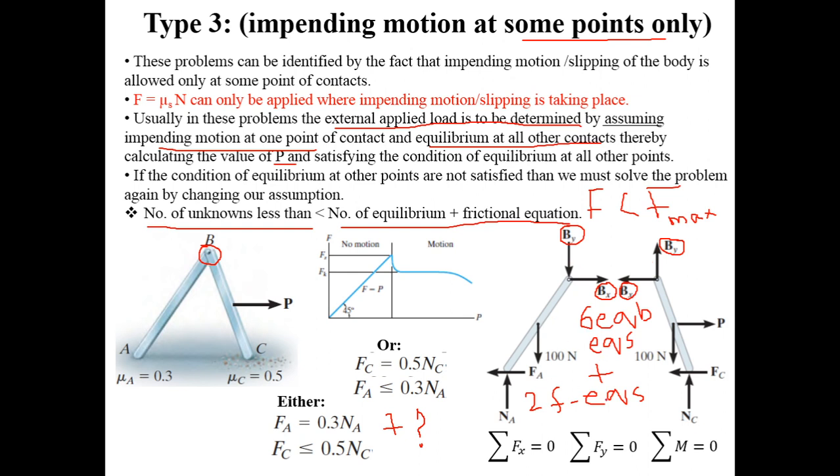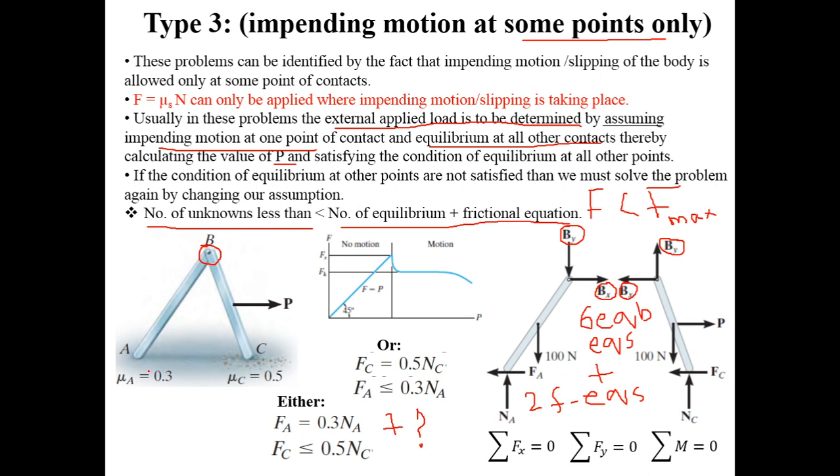Right, so you have 8 equations and 7 unknowns. So the number of unknowns is less than the number of equilibrium plus friction equations. This is the identifying point or clue, you can say, for type 3 problems. Your unknowns will always be less than the total number of equations available. But please remember